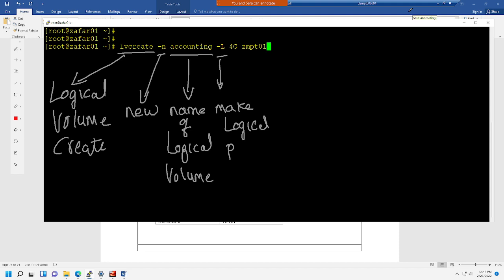Partition. So what does that mean, Mr. Zafar? By making it a logical partition. Yeah, even though